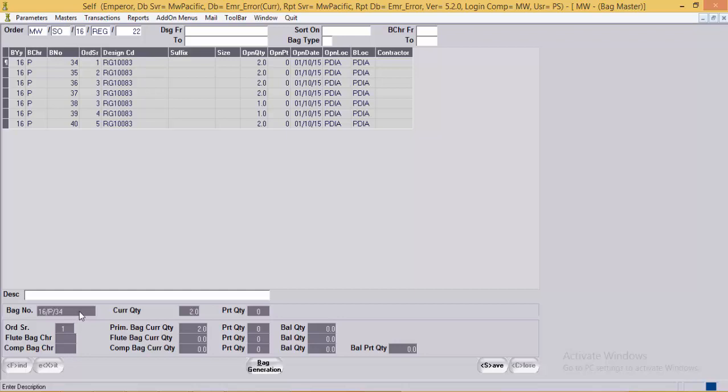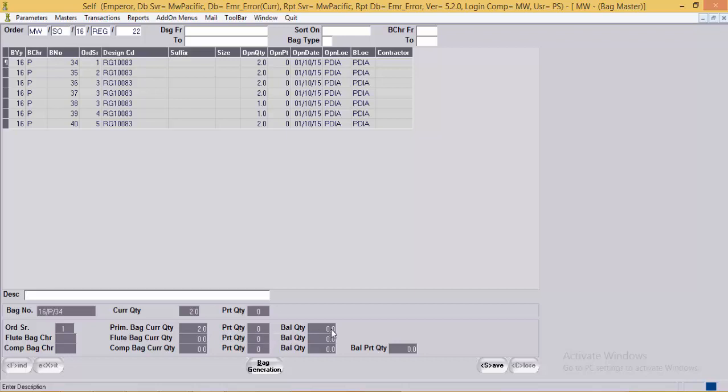Here the system is displaying the details related to the bag number, the current quantity and the part quantity which it contains, the order serial number for which the bag has been generated. Here the system is displaying the quantity for which the bag has been generated and the part quantity.